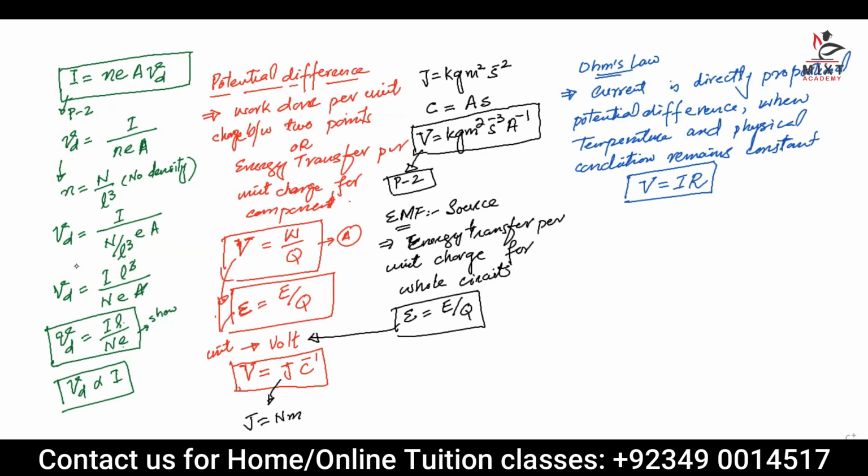Mostly in our courses. What if the resistance is not constant? Then the Ohm's law will not be obeyed. Now we are going to discuss it. We have two types of substance. One is called ohmic, the other one is called non-ohmic. So what is ohmic? Ohmic is when you draw the graph of V and I, that substance will give you a straight line.